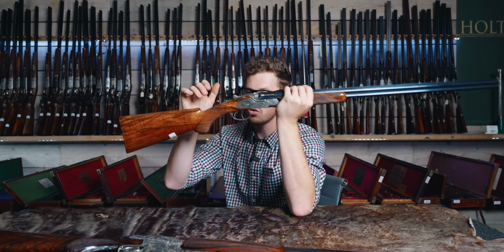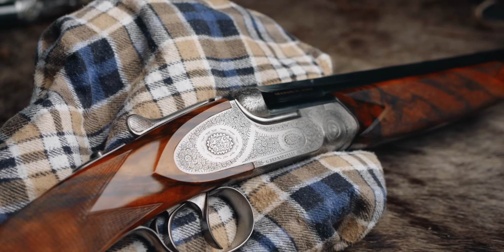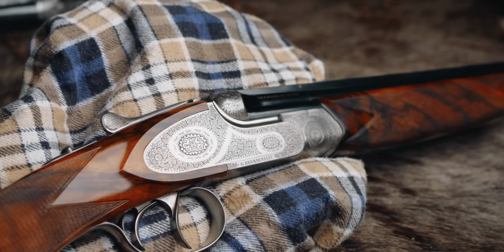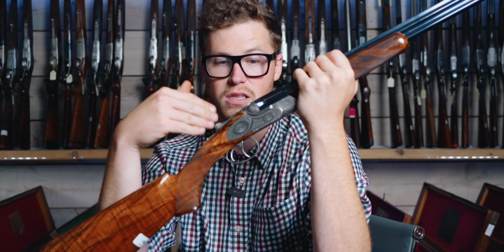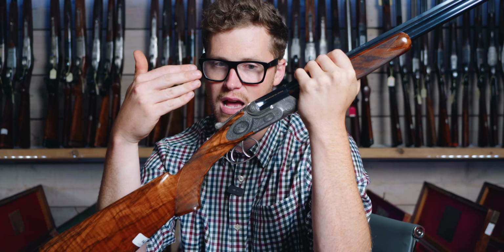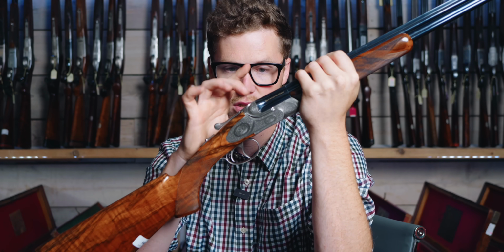It is a double trigger, however, and that is about the only downside to it from my perspective. It's not a huge downside, of course, it's just a slight difference. I do wonder whether that is just for reliability in this slim an action. Obviously, the smaller an action, the smaller the working parts, the harder it is to get things right. Certainly when it comes to single trigger units, they can be fussy at the best of times. When you're trying to super scale them down to the size of this,